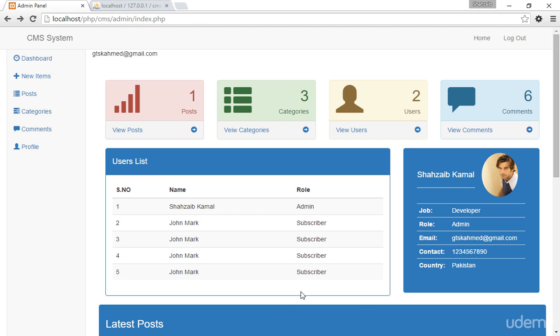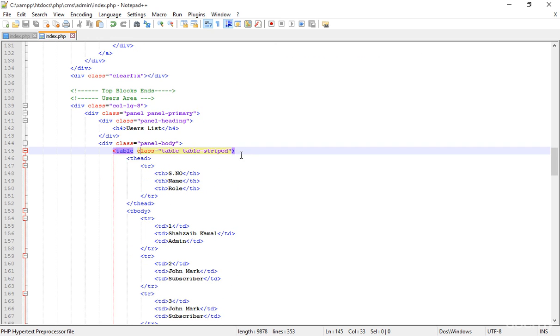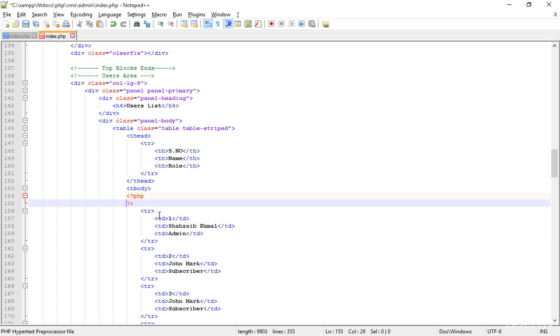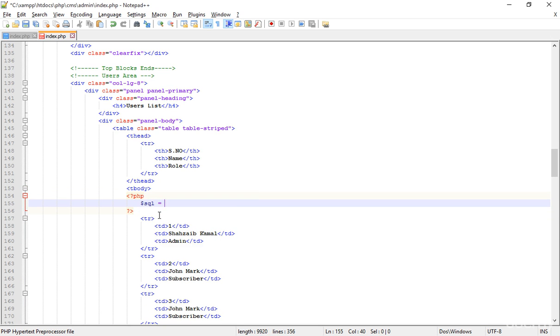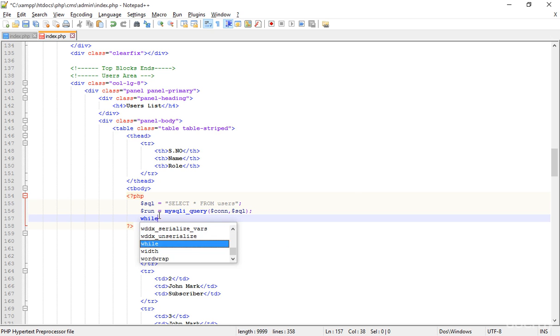I'm just going there, here is the users list, and I'm pressing enter and adding some PHP commands, and then opening this code and then SQL again, and then select all from users. Okay, now press enter and type run equal to mysqli query, and then here the connection first and then SQL, and then press enter again and while loop, and then